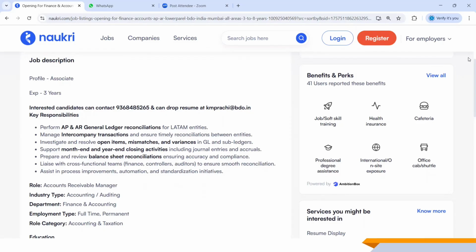Support for the month-end and year-end closing activities, including journal entries and accruals. When the month-end is going on, whatever support is required from AR and AP related to the month-end and year-end activities, including journal entries and accruals. If any journal entries need to be posted in the systems, then you have to provide the details for that. If any accruals are required, it means that if you have any invoices and the booking is not done in the systems, might be the SL is closed or that invoice is still pending GRN, but you have those invoices, then you need to provide them to the GL team to take the accruals for those particular invoices.